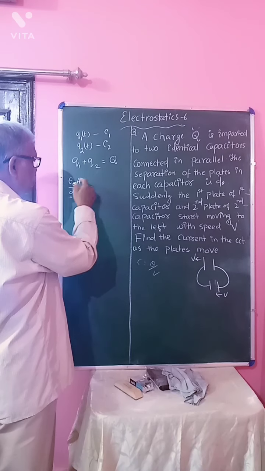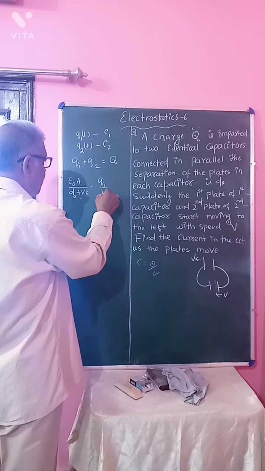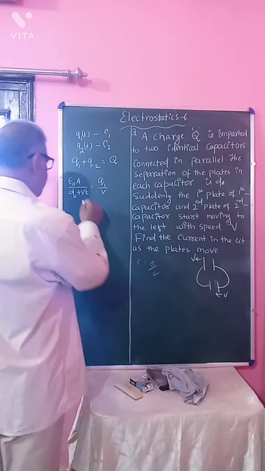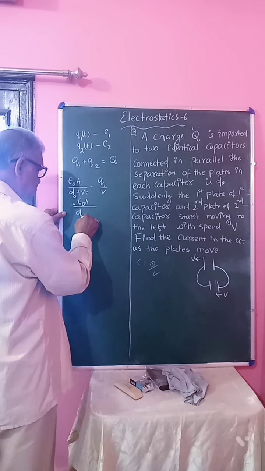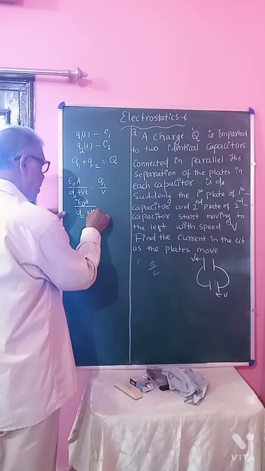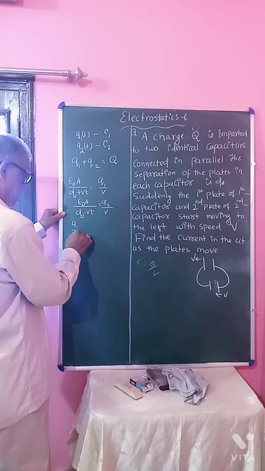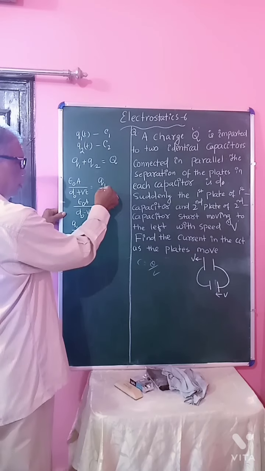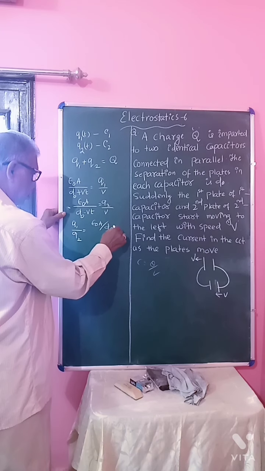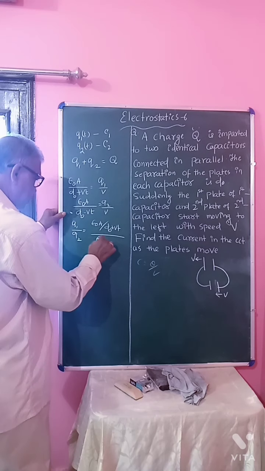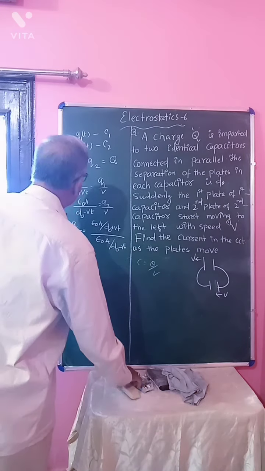The capacitance at an instant of time t is equal to Q1 by V. Similarly, for the second, the capacitance is epsilon 0 A by d0 minus vt, which equals Q2 by V. Now Q1 by V divided by Q2 by V is epsilon 0 A by d0 plus vt divided by epsilon 0 A by d0 minus vt. Now on simplification,